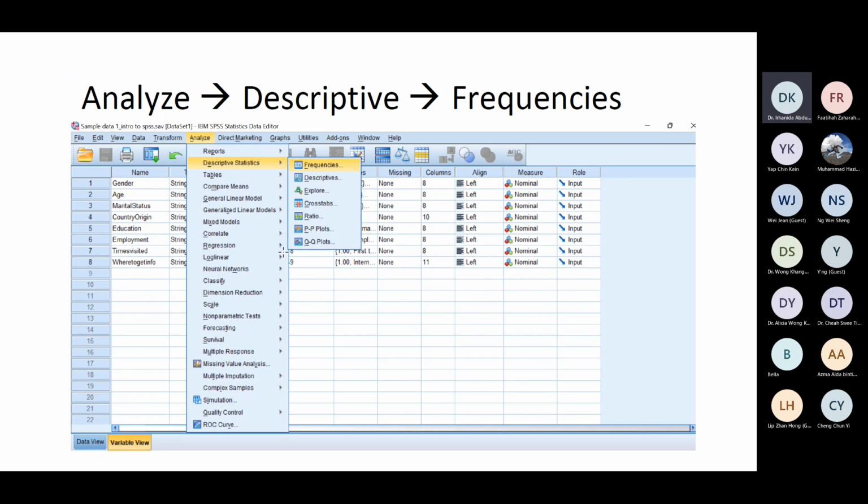Now the very simple analysis in SPSS is the frequency analysis. Like our final exam, we want to know how many people score A, B, C, or fail. So basically what we do is to choose frequency analysis. You go to SPSS, under Analyze, click Descriptive Statistics, click Frequencies. Later on I will show you how to click all this, but here is the step by step manual, so you can see. So when you click frequency,